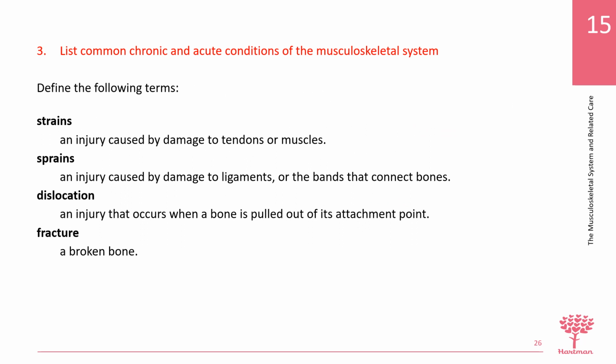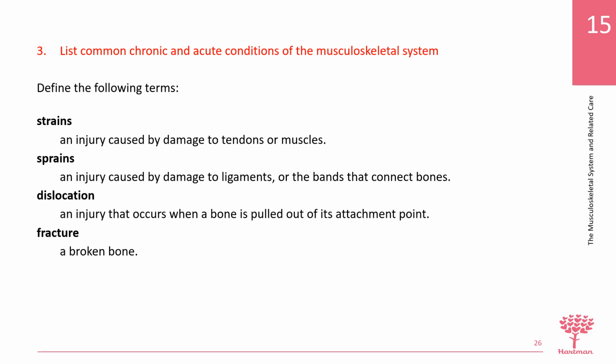All right, now let's begin to look at some of those injury related disorders. Strains: an injury caused by damage of tendons or muscles. Sprains, these are very common: an injury caused by damage to ligaments, or the bands that connect bones. Dislocation is an injury that occurs when a bone is pulled out of the attachment point, and then a fracture